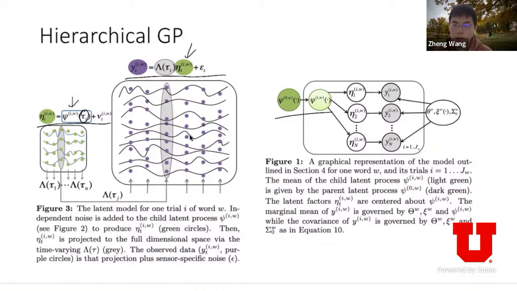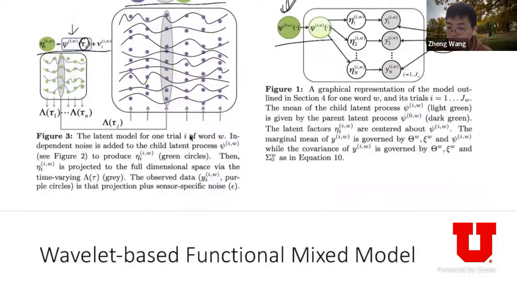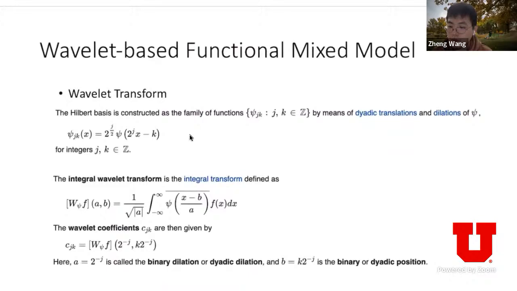You can also integrate out this level of Gaussian process and get a marginal Gaussian process, and you can see that the kernel function is still a stationary kernel. So the local characteristics might not be reflected in their model. And for the wavelet-based functional mixed model,